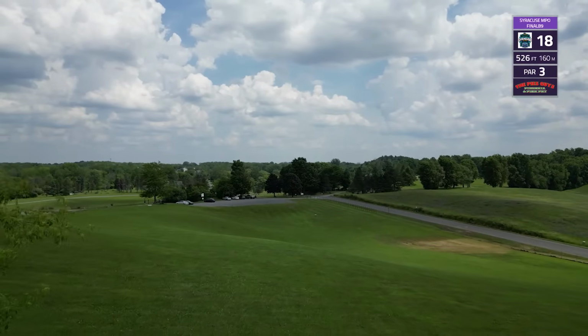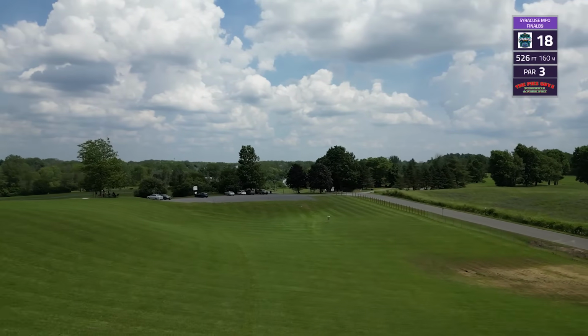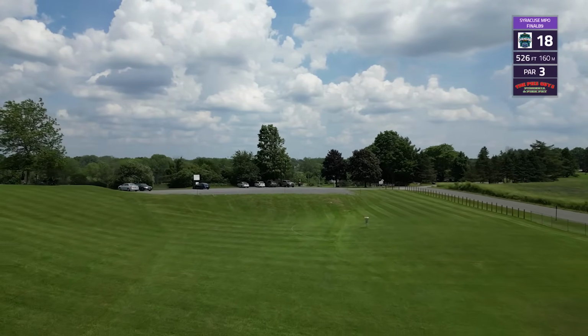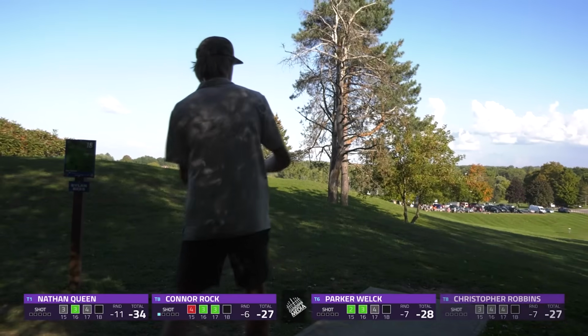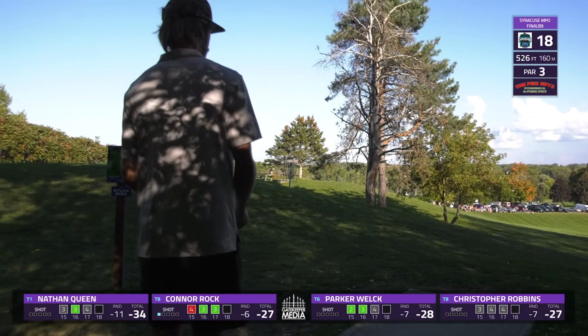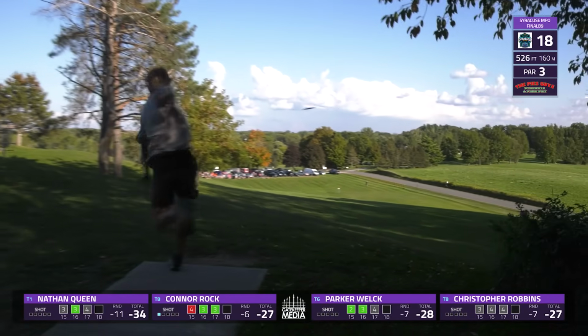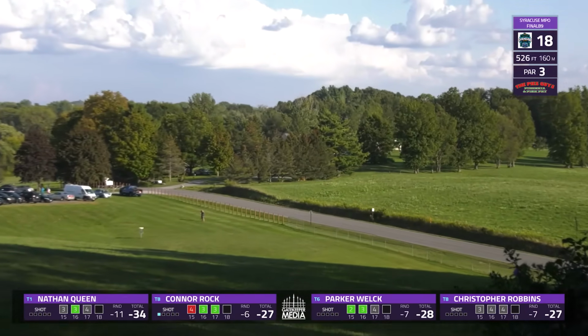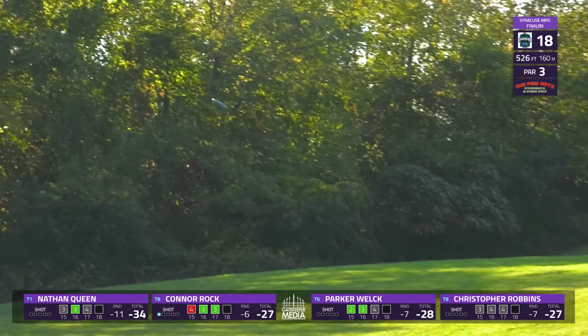And here we are, the final hole of the tournament, hole 18 at Van Buren Park. The marquee hole of the course, the big downhill shot to send you home. OB fence on the right, OB parking lot long left, but you won't be pushing that. As we see Connor hang one out wide, trusting it over that OB fence,